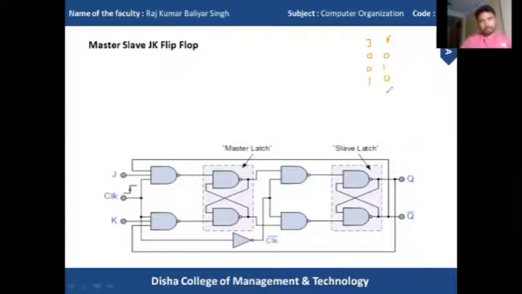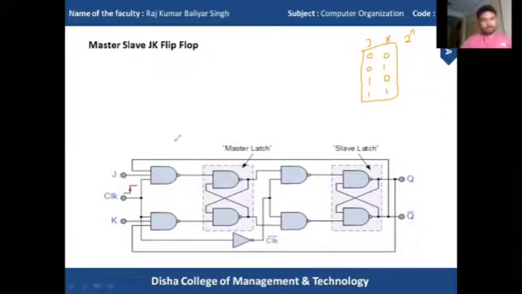So here my small question is, how do we know that these two inputs receive four combinations? The formula is 2 to the n, where n is the number of input lines. If we have two input lines, then 2 to the 2 equals 4. That means 4 sequences will be supplied to this input line. If I have 3 input lines, then 2 to the 3 equals 8. That means 8 input sequences can be supplied to these 3 input lines.